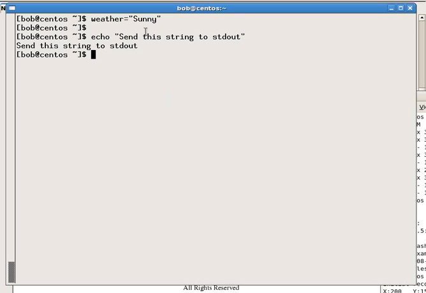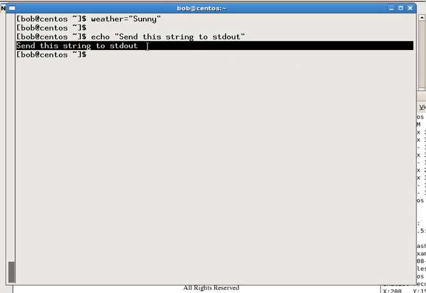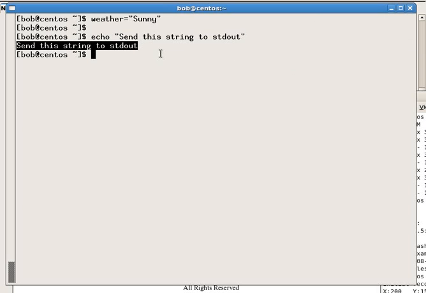As you can see, when I typed echo, whatever I typed here just went to the output, or was just displayed back to my terminal window. However, if I use a $ sign and write a string such as "it is $weather",